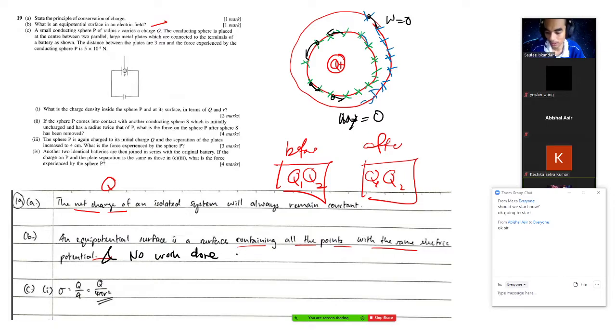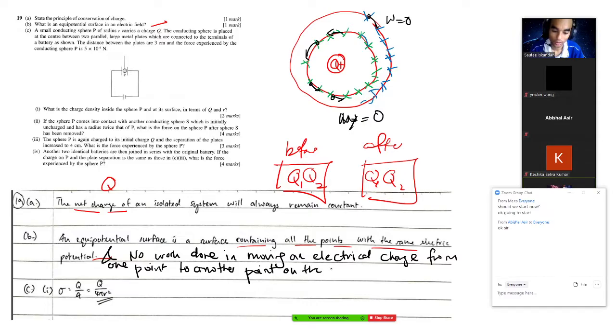No work done in moving an electrical charge from one point to another point on the surface. Okay,